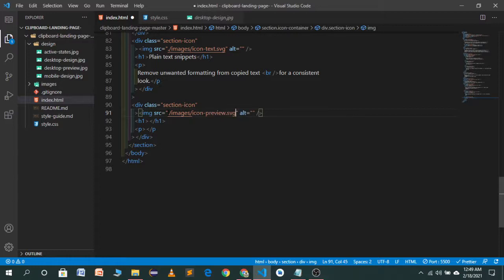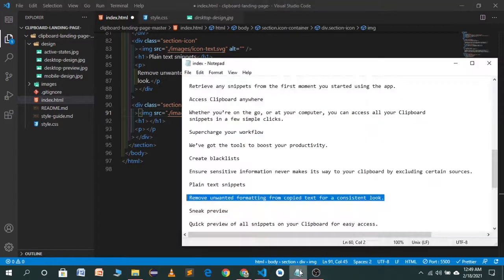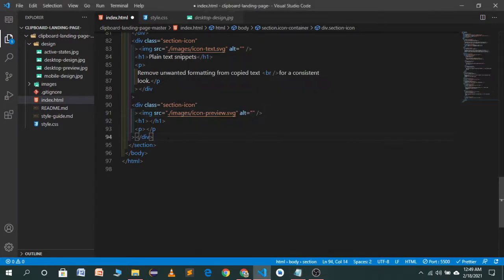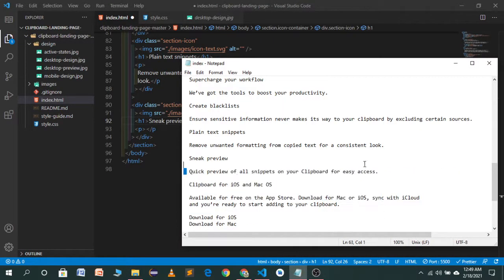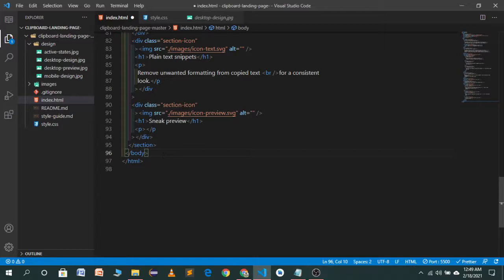Here is the preview icon. Heading will be sneak preview. I will copy it and paste it in the h1 tag. Paragraph will be a quick preview of all snippets on your clipboard for easy access.